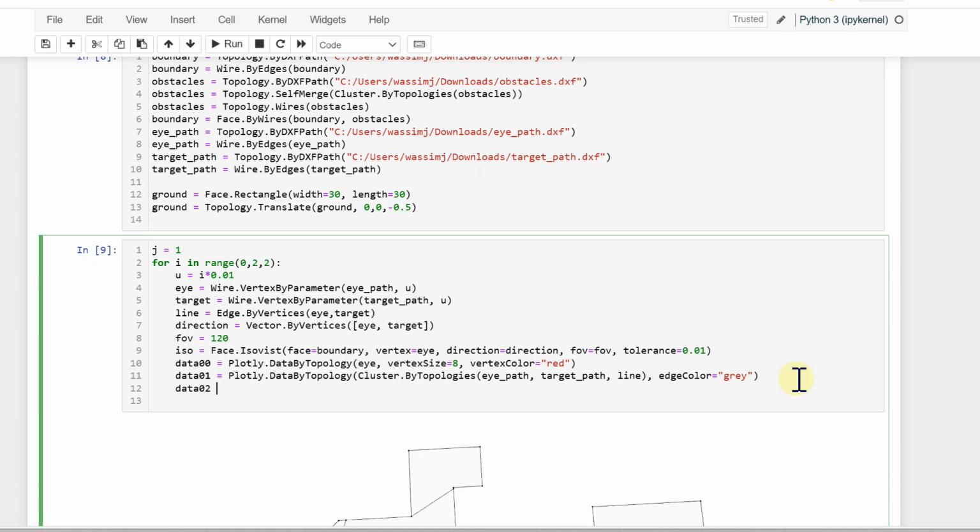Right, so data 02 is now, what should we do for data 02? Oh, I think I kind of did not follow the thing, but let me just do data 02 to be the ground. So plotly dot data by topology, and we're going to do the ground. And do we need to do anything else? No, I think ground we can just leave it as it is. And then data 03 is the boundary. So plotly